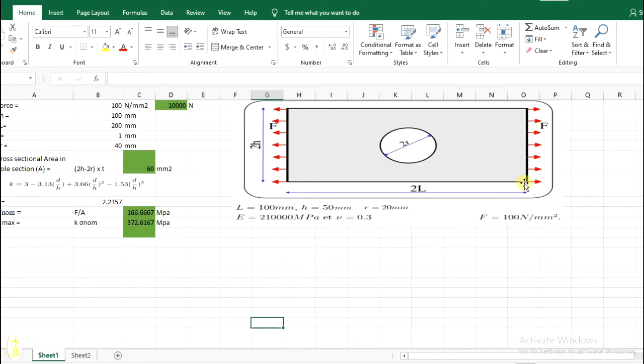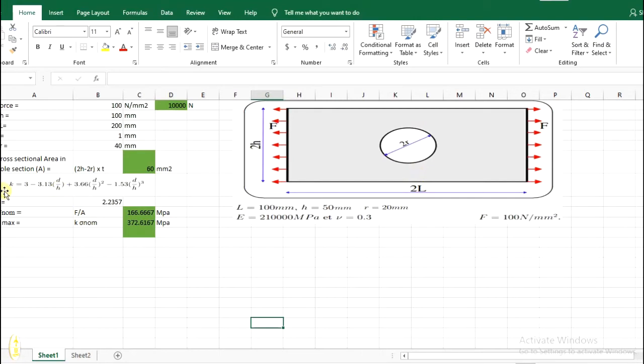Now I'm going to calculate the stress. What is the stress produced in that plate? We know that wherever we solve the plate with hole problem, the maximum stress is produced. That is, the stress concentration is maximum about that hole region. Here I'm going to calculate the stress intensity factor, that is the stress concentration factor.